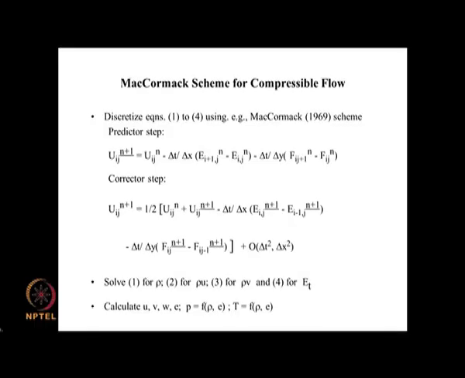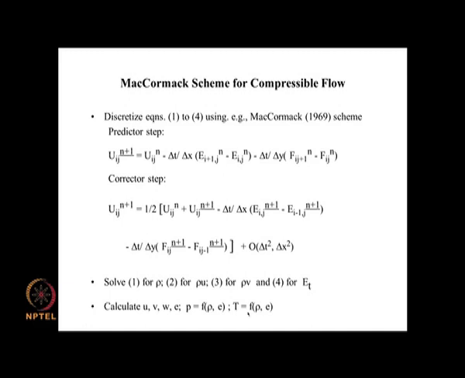and from the energy equation we get total energy, and since we know the kinetic energy components and density, we can get the internal energy, and we get these by solving the appropriate partial differential equations using the McCormack scheme, and from that, from known rho and e at every i j, we can get the corresponding pressure at that particular i j, and similarly temperature at that i j.